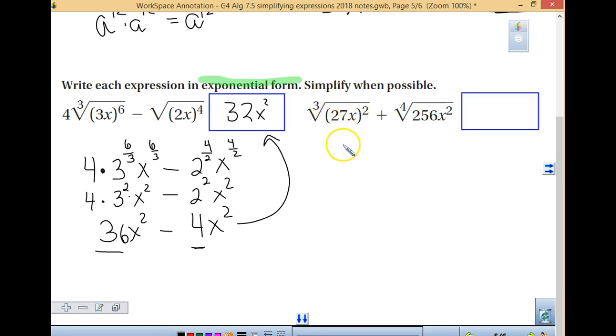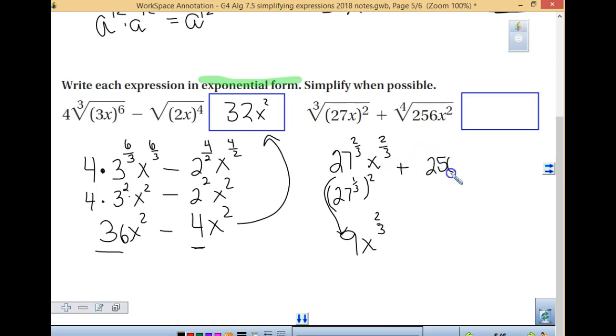If we take a look at this next problem, we are going to have 27 to what power? 2/3. X to the 2/3. Cube root of 27 is 3, and when you square it. So this is really telling us, right, 27 to the 1/3 and squaring it. Now some of you don't need to write that down. Some of you are going to put this right in your calculator and tell me that that is going to be 9. The x is going to stay 2/3, correct? Plus,